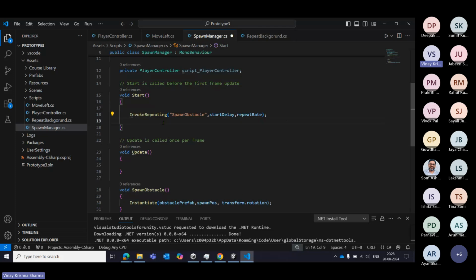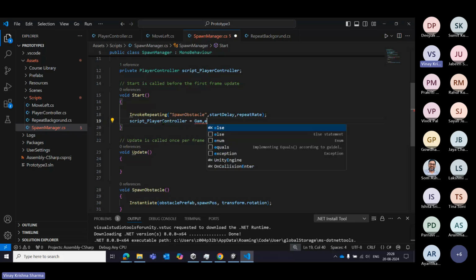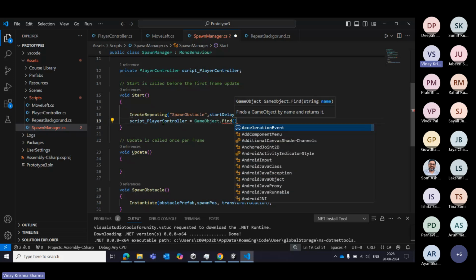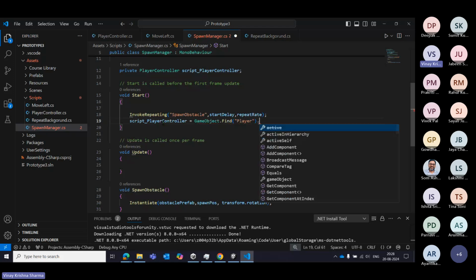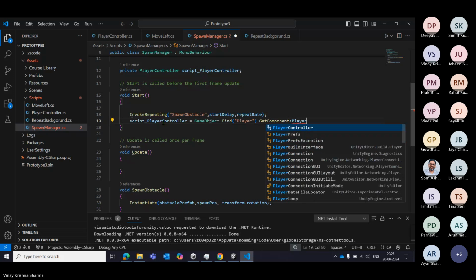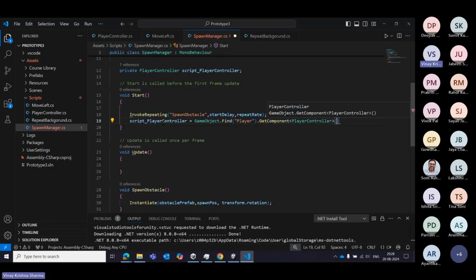So how do I get script player controller? I'll do game object, find the game object of name player, okay, spellings. Then once you find it, you get me the component of type player controller from there,